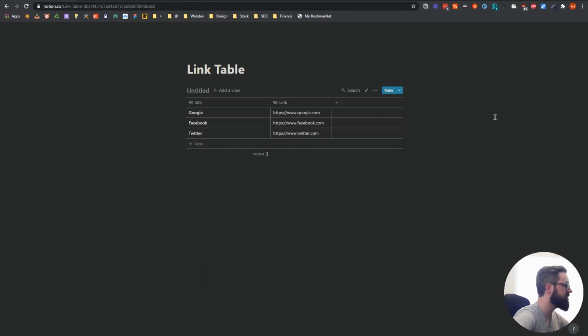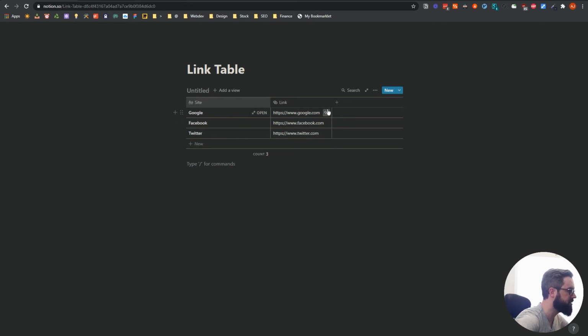Now, the first two extensions I talked about are pretty common. This one's probably not very well known, but it's really useful for power users in general, but also specifically for Notion. So one of the things that I wish Notion would just have as a built-in feature is that when you have tables like this that have several links in them, if you're using Notion to store bookmarks that you don't visit very often, which is something I actually recommend you do, and I'm going to be doing a video on that later, one of the things you'll probably have noticed is there's no way to open